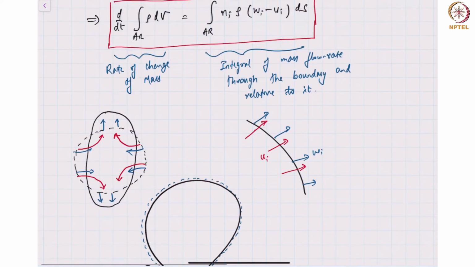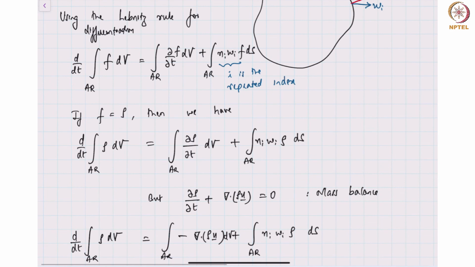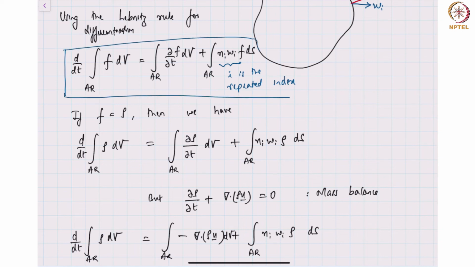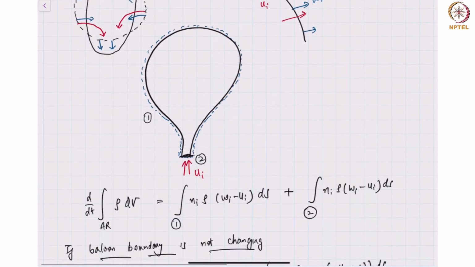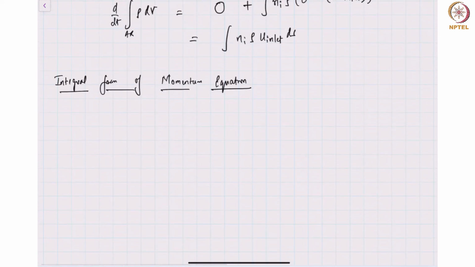Just to recap, we have written down the Leibniz rule. Let me highlight it with a box here. This is my Leibniz rule. Now what I'm going to do is replace f with a vector, because we are interested in momentum. So if the variable f is density times the velocity ui,